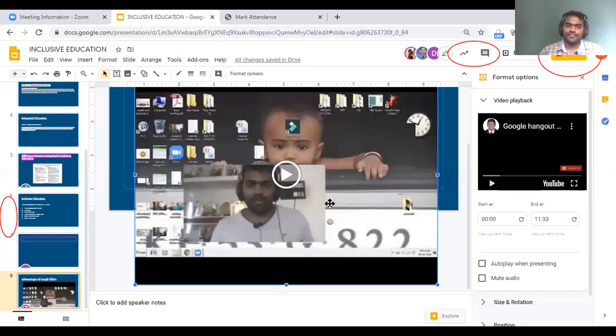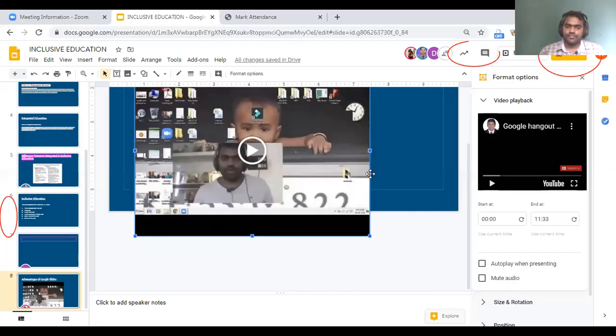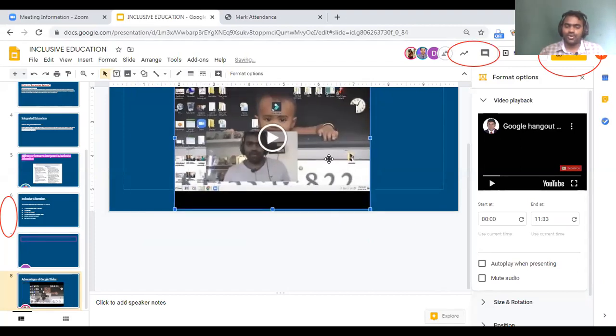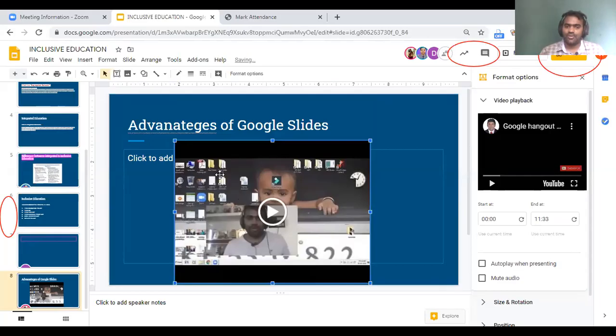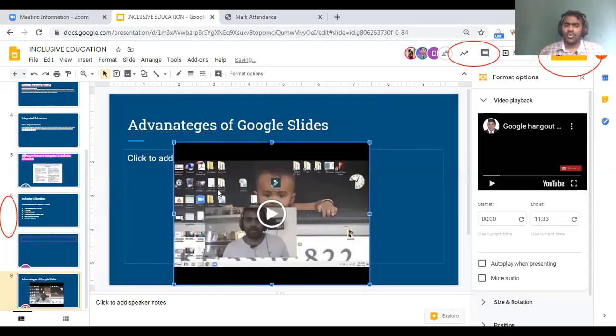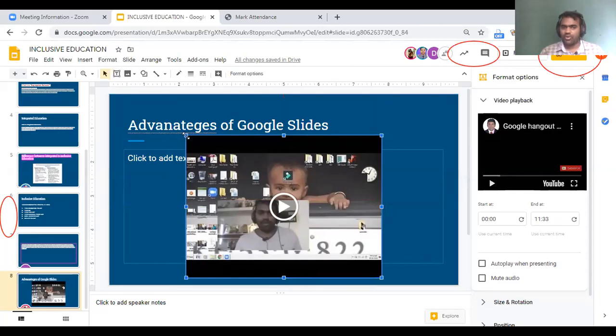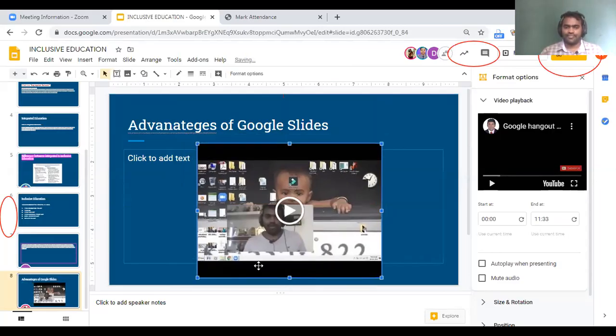Okay, one more thing, sir. Can we do the same with Google Docs too? Yeah, Google Docs you can do, but there you don't have the option for a video and all. We can't embed video. Ma'am, the purpose of documents is not to add video. Only in presentations do we need video. A document is for taking printouts or sharing information. There, video or audio role is not there. Thank you. Okay, thank you.